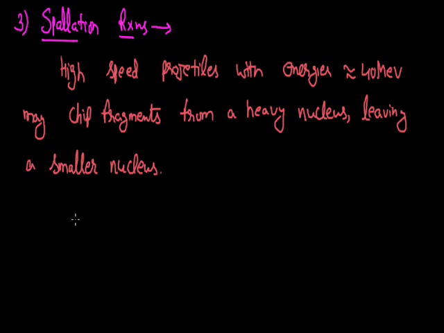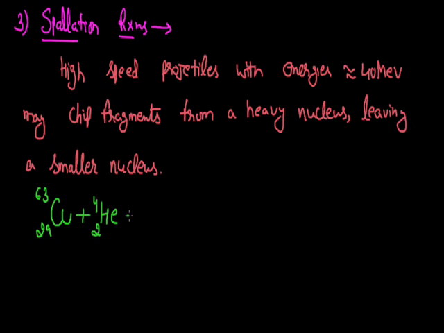Now if we go for an example of this kind of reaction, we start with the heavier nuclei of copper, with atomic number 29, and here the mass number is 63. When it is bombarded with high energetic helium particles, that is the nuclei of helium with atomic number 2 and mass number 4, here the energy of these alpha particles or helium particles is in the range of 40 mega electron volt.